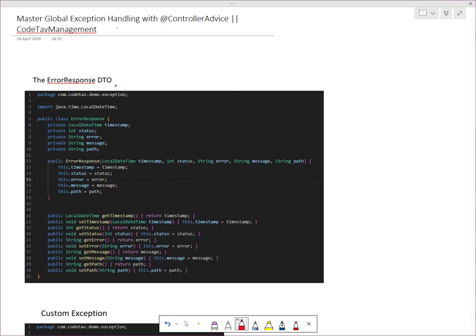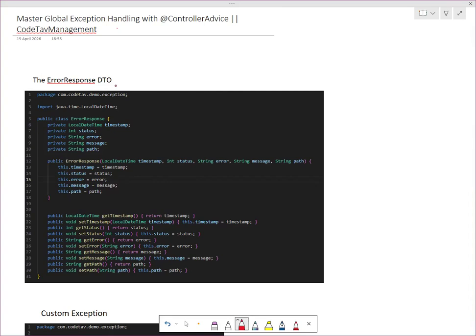So today I'm going to show you the professional way, how proper software developers build the global exception handler in industry projects using the RestControllerAdvice annotation. By the end of this video, your API will automatically catch any error and return a beautiful standardized JSON